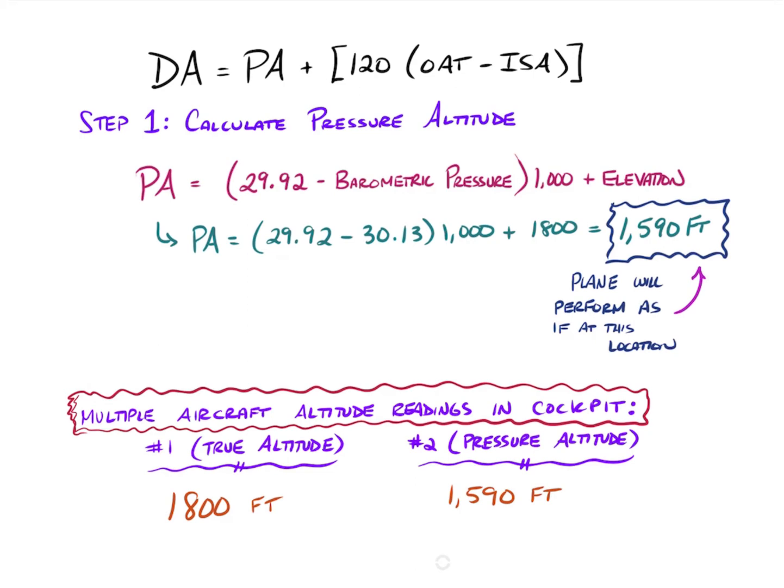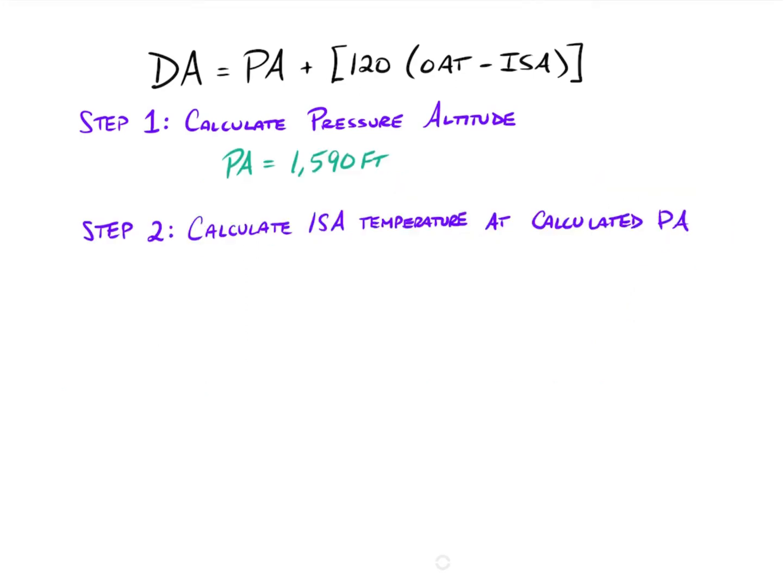The next step after we have our pressure altitude of 1590 is to calculate the international standard atmosphere temperature at the pressure altitude that you're currently at. So if you remember, the standard change of temperature is 2 degrees per 1,000 feet in altitude. So all you do is calculate the ISA, the International Standard Atmospheric Temperature. You take the 2 degrees per 1,000 feet and you simply multiply it by the pressure altitude, which we calculated in part 1. So that will give us 3.18 degrees Celsius,